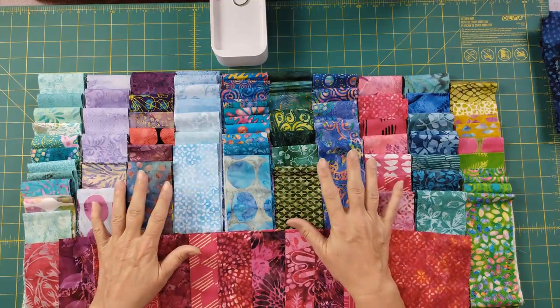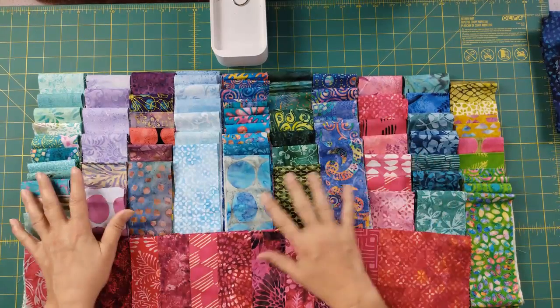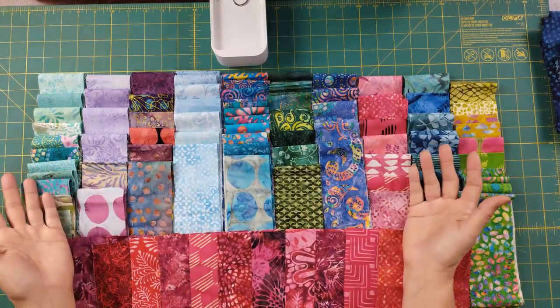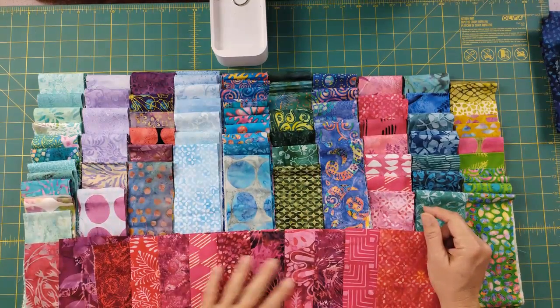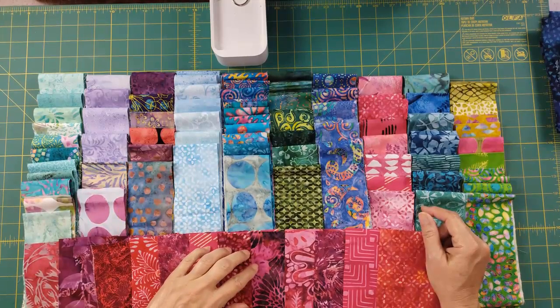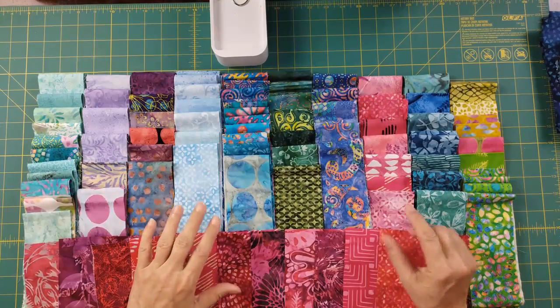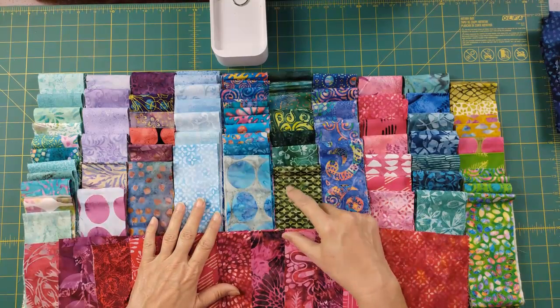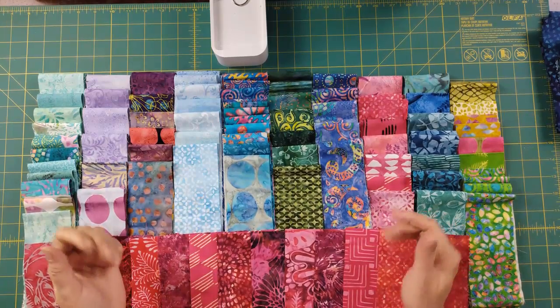I figure this is going to probably take about a full jelly roll. These are all scraps of recent quilts. You'll probably recognize a lot of these fabrics. And I have a dozen charm squares. I think a dozen of these large blocks is exactly what I need. And they're each going to have 4 rows in the log cabin around the center, which will then be cut